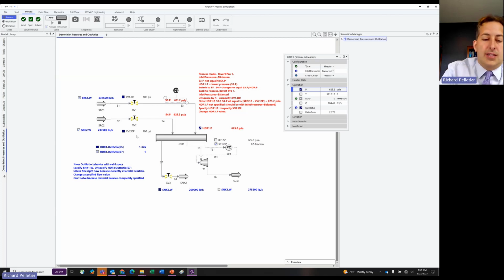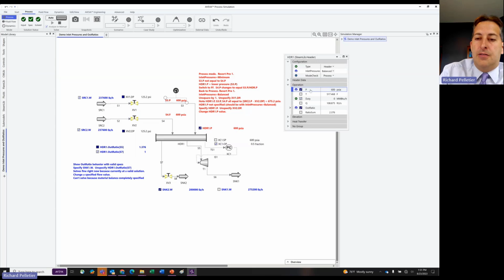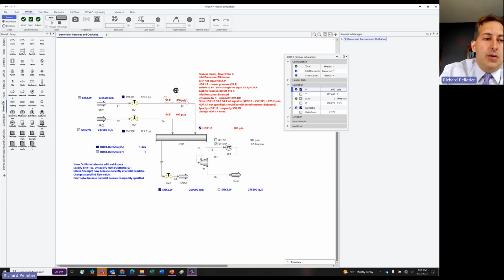And so whatever I set this to, it's going to adjust those pressure drops accordingly to match whatever I have the header set to in this case. And so this is the approach that you'll take for any type of model where you're mixing flows like this. So it could be